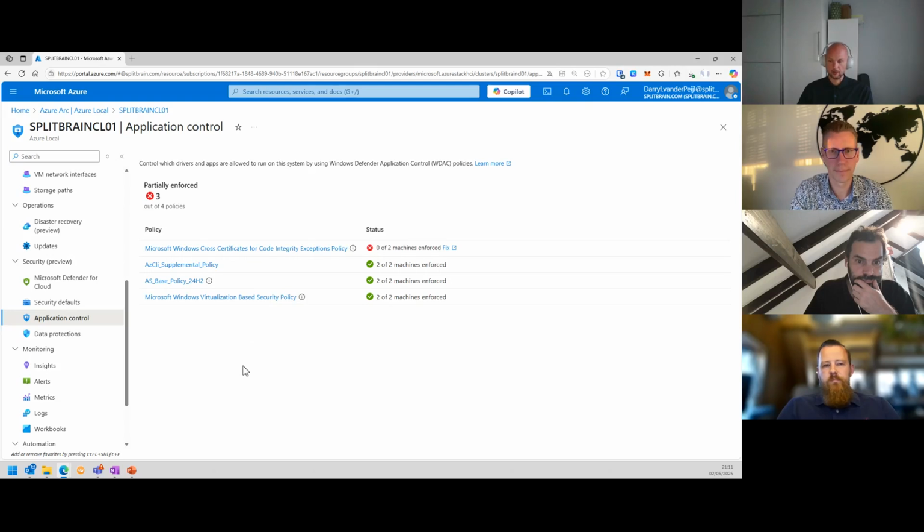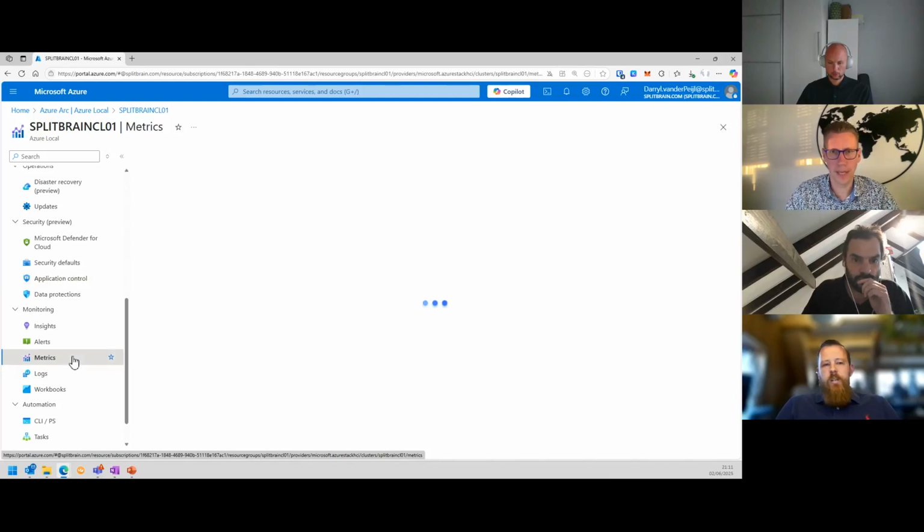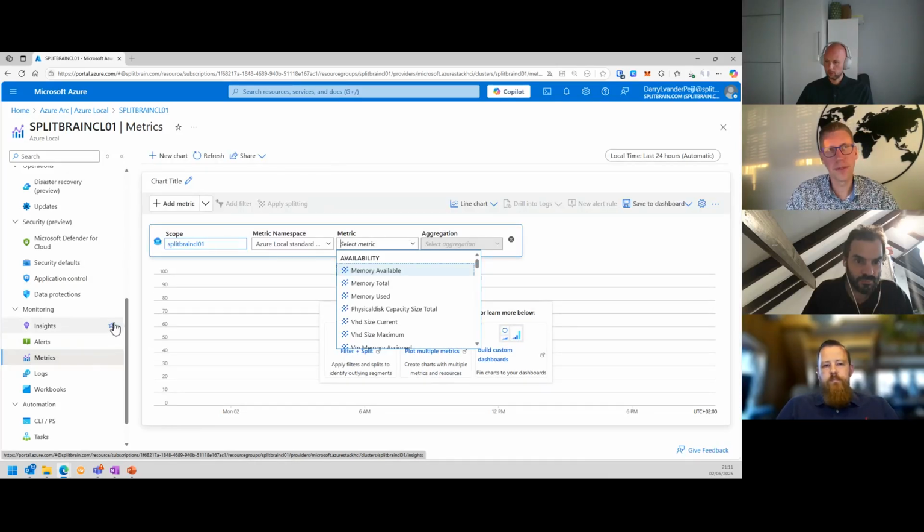And just keep in mind that, let's say, if you have 25 clusters running worldwide, with one configuration change, like an Azure policy or something, you can change every application control or security default setting on every cluster, right? So this is the power of the cloud that you can use in your data center. And of course, at the same time, these things will also show up in your other dashboards. So your security dashboards, your monitoring dashboards. You can attach triggers to this as well. You have still one pane of glass to look at. Exactly.